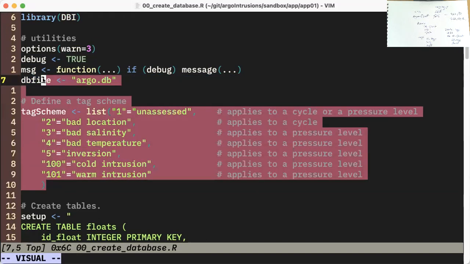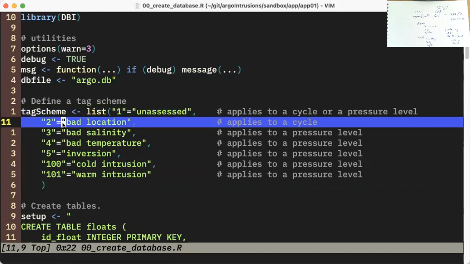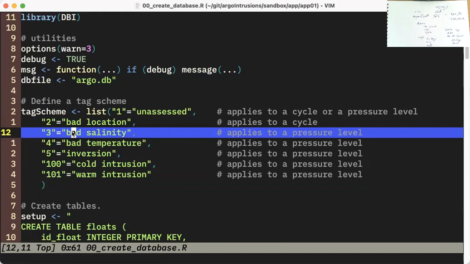Okay, so in R here, I'm defining a tag scheme. Normally in oceanography, tags are numerical values, also called flags, actually. It should be called flag scheme, actually. Yeah, and so I'm just making one up here. So one means it's not been assessed yet. Two means that the location of the profile or cycle is known to be bad. Three would mean that at a certain level, see I've said applies to a pressure level,